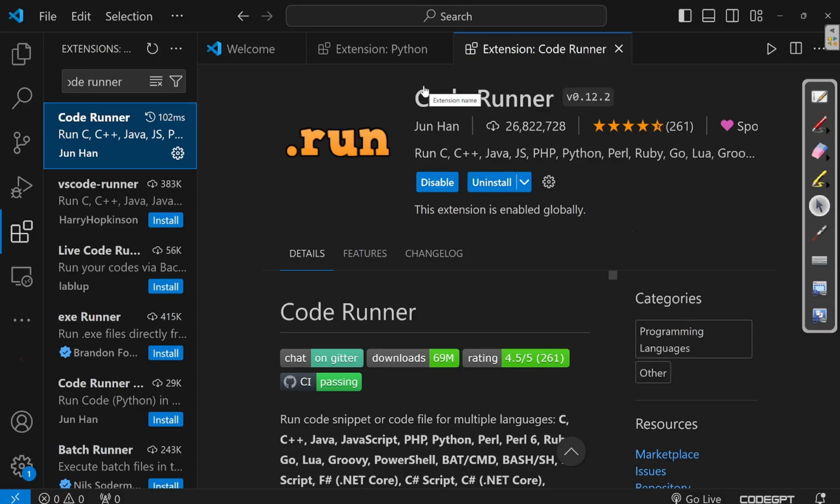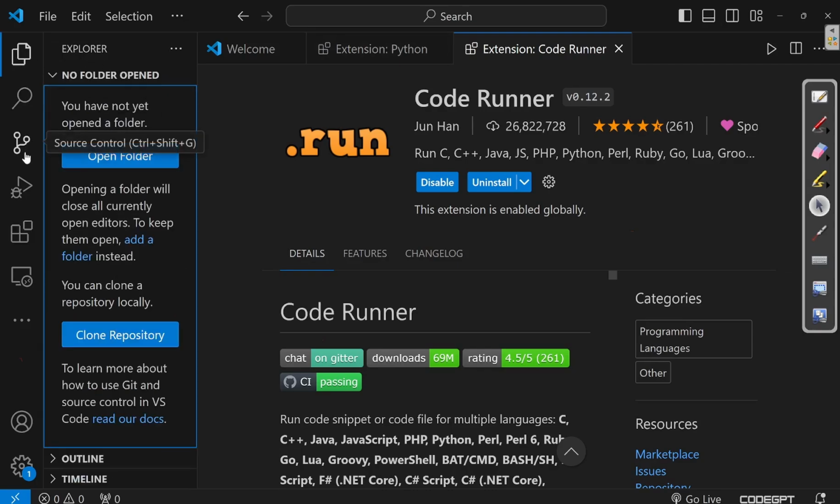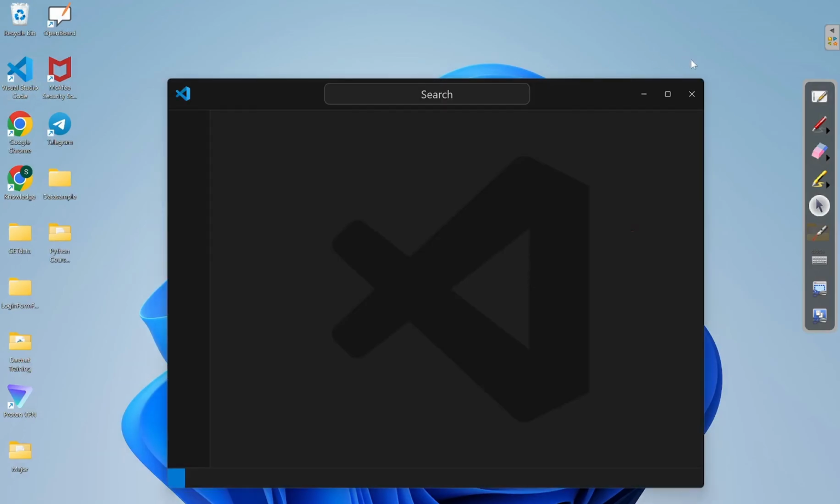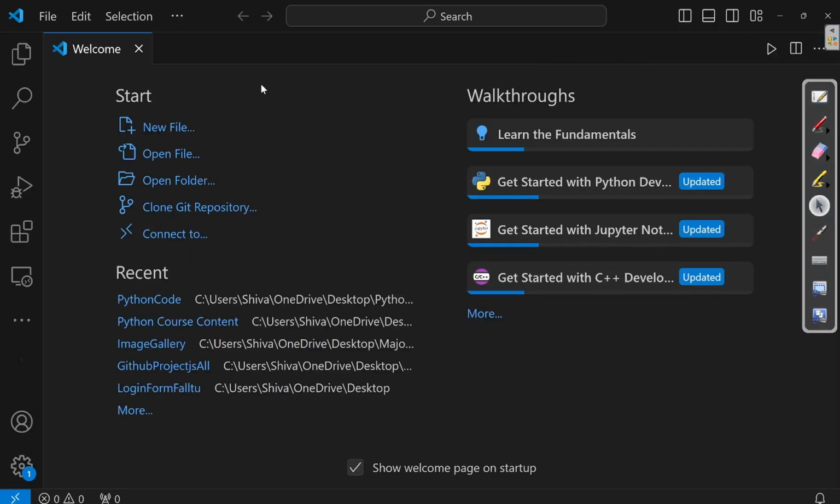Basically, after installing all these extensions, you need to restart your system, or you can simply restart your VS Code, and after that your extensions will start working. You simply need to restart VS Code, and then you are good to go.